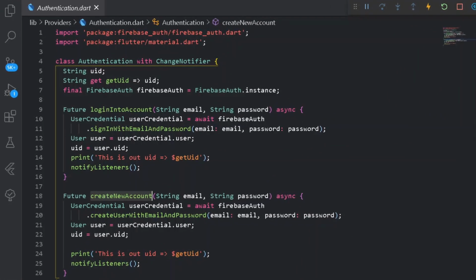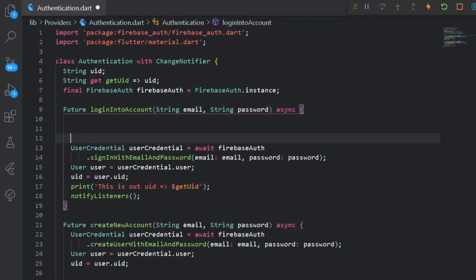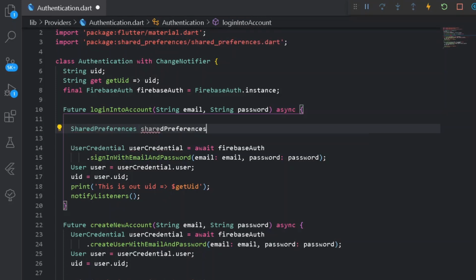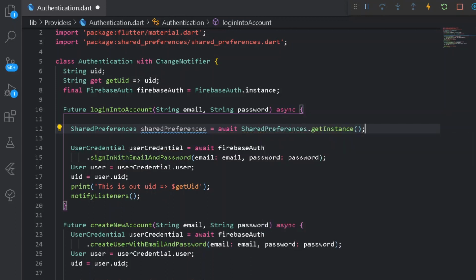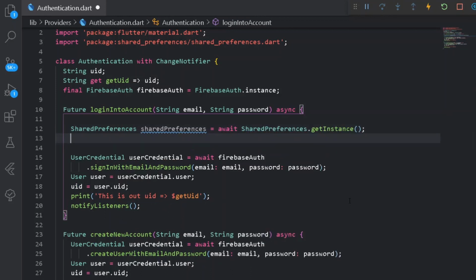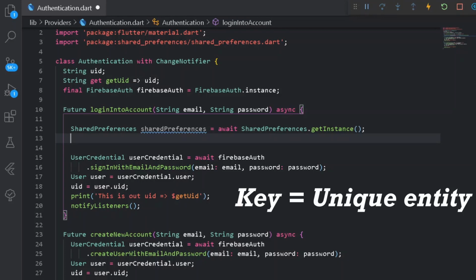So according to today's objective, we can simply store a new instance of the shared preferences itself. For that you can simply do one thing, that is create a new instance of shared preferences. Let's name the object instance shared preferences, and under this we can be simply awaiting the shared preferences instance. Once we are getting the instance, we can simply perform all of the actions, and under the shared preferences you can simply write the data. To write a particular data under shared preferences, you need to be working with key and value. Now the key shall be unique in our overall Flutter application, and the value shall be the data that we are going to be persisting.